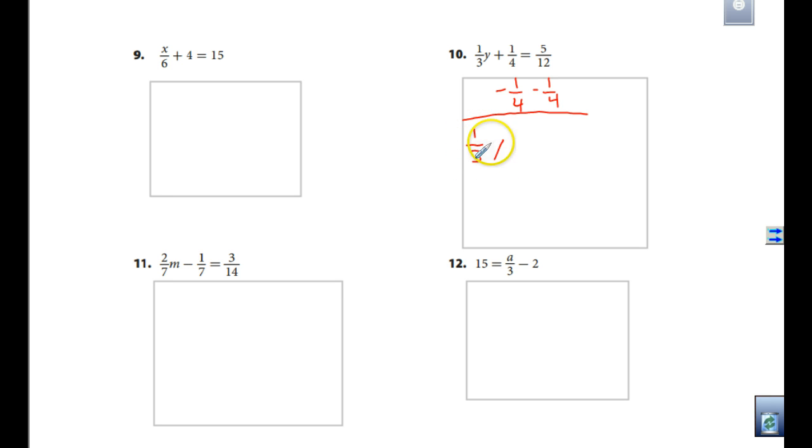Here's the work I want to see. That. This is as much work as I need to see right now. Now, if you don't know that 5 twelfths minus 1/4 is 1/6, and you don't have a calculator to plug it in and just get that answer, you're going to have to do more work off to the side, and this is where things become a little bit more lengthy. So I highly, highly recommend